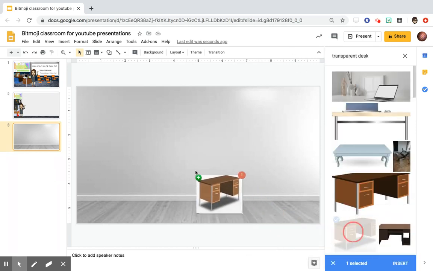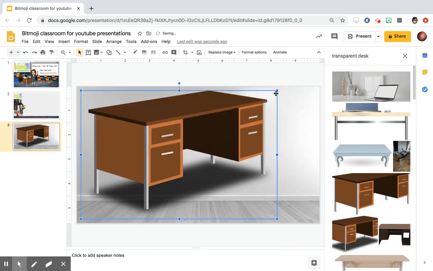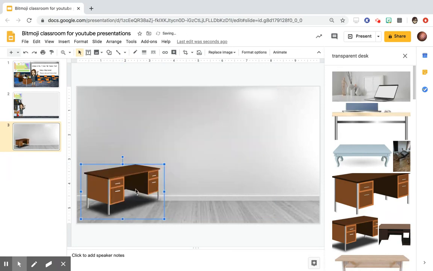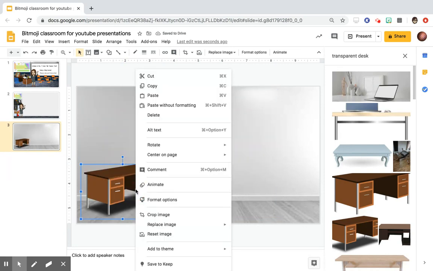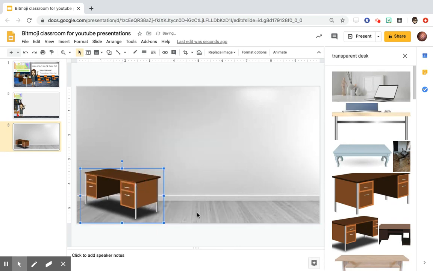you can see this is the desk in my Bitmoji page there. You slide it over, use these parts of the box to resize. And then a really cool trick is that if you want to, you can rotate it. And if you flip it horizontally, you can get the desk to face in the other direction. You want to make sure when you're looking at it that the legs are on the floor and not the wall, and just go from there. So after I do a transparent desk,